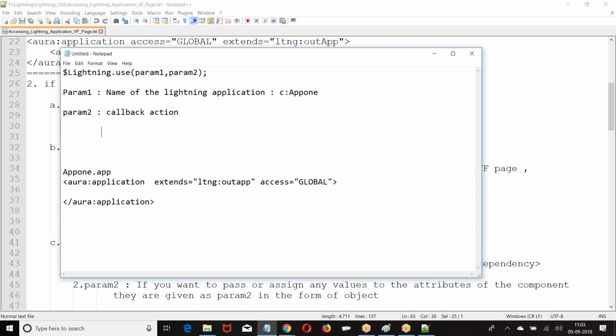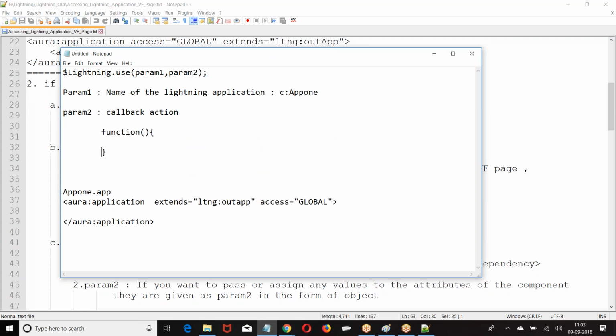Whatever callback action you want to define, we have to define within a function. So how are we invoking? Lightning dot use parameter 1, parameter 2. Parameter 1 is the name of the application. Parameter 2 is the callback action. I hope you're good. Okay.